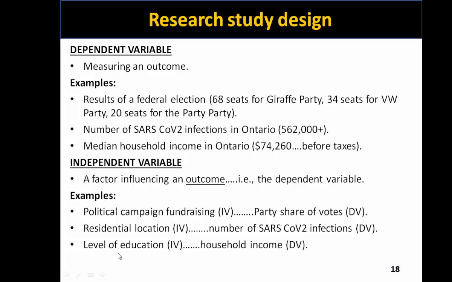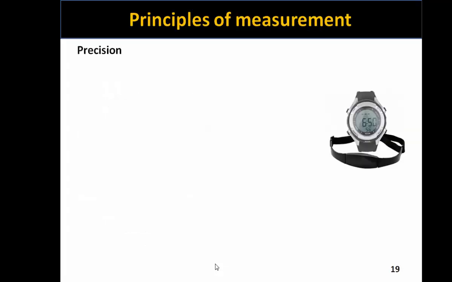Our study of quantitative methods and statistics in this course will allow us to establish an understanding of the extent to which these independent variables influence the dependent variable. So one of the factors that influences our ability to arrive at conclusions from research studies and the information that we gather is the precision of the measurement tool. The measurement tool could be a survey, a questionnaire, a stopwatch, a ruler, anything that we use to obtain information